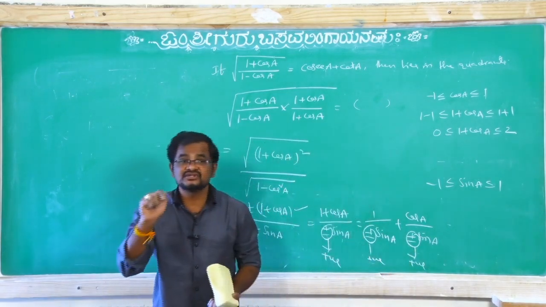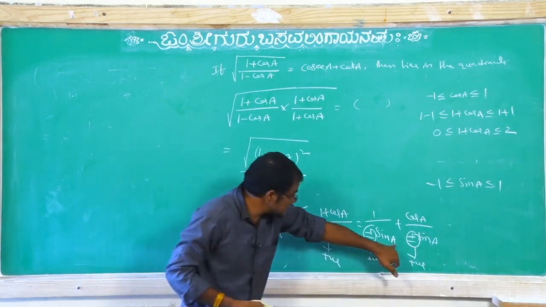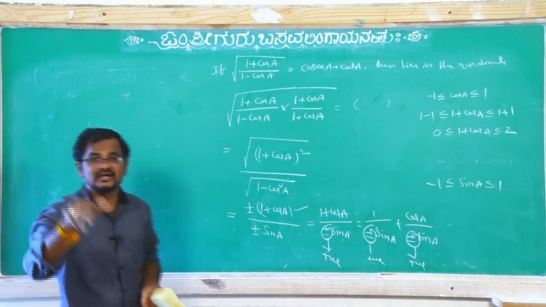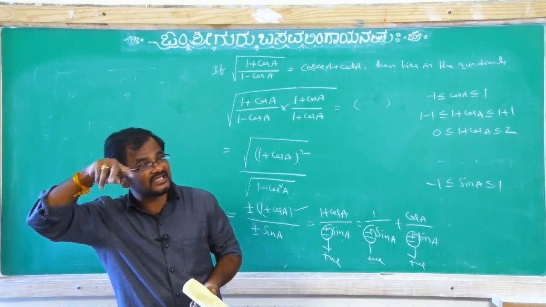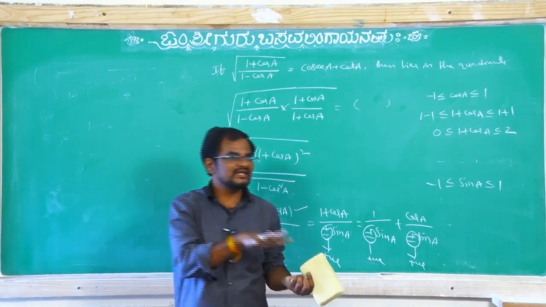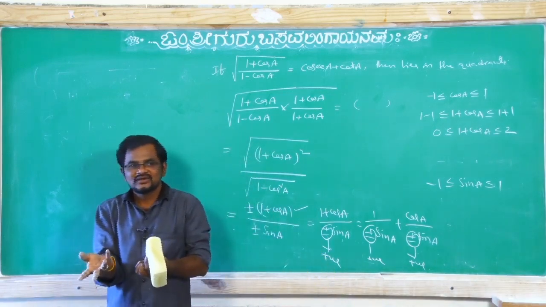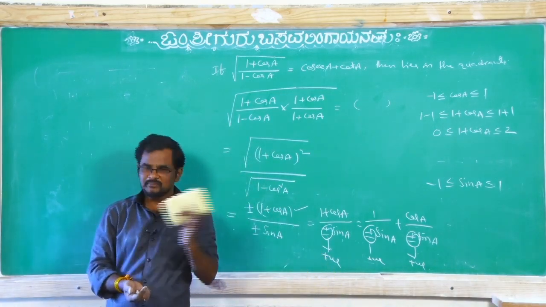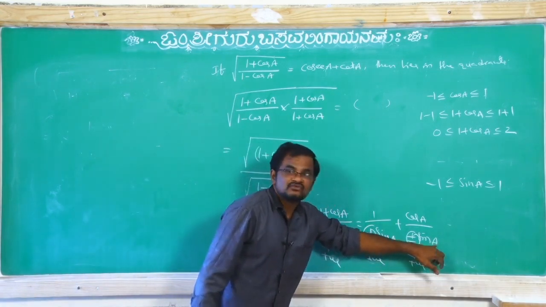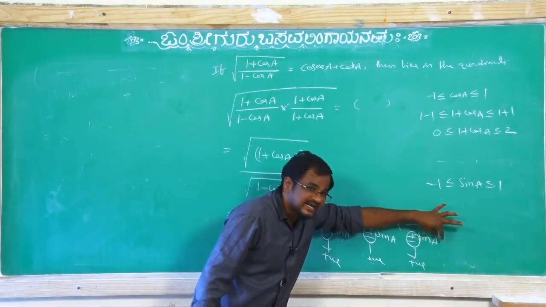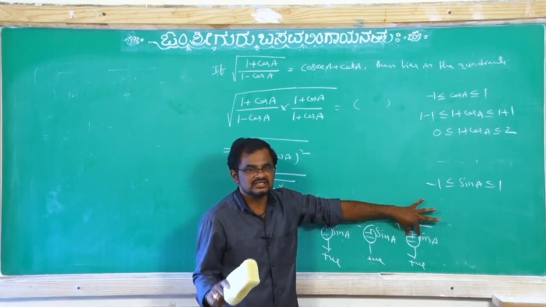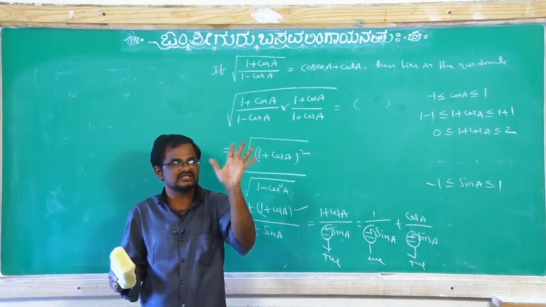So when will you get positive? Like the previous problem, root of 1 minus sin square 200 degrees, there 200 degrees lies in which quadrant you know. According to that you took minus or plus. But here A you don't know. They asked the problem reversely. Same problem but reverse. A should be in which quadrant? First. If it is in first and second, then here positive you can take because of modulus. In the first quadrant and second quadrant sine is positive.